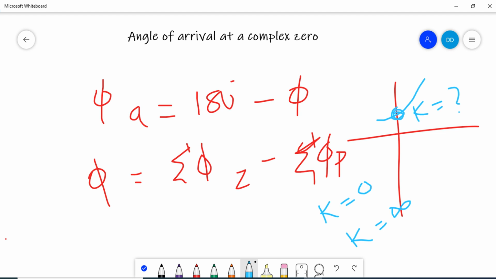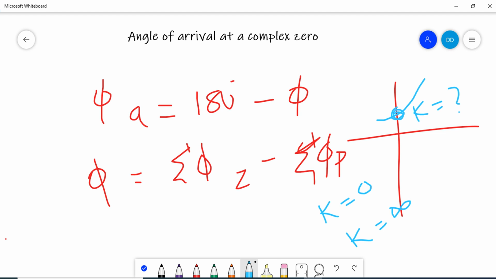The third point is that a point lies on the real axis of the root locus if and only if the sum of the open loop poles and the open loop zeros to the right-hand side is an odd number. Then we have to find how many branches are tending to infinity. We have to find the asymptotes, so we have to find the centroid and the asymptotic angles. Next we have to find the breakaway points and break-in points.